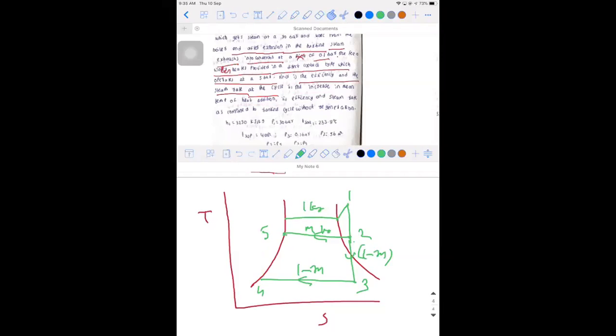Now we can draw like this also. Some people may have 1 to 7 also. No need to have all these. Now here you can observe. Generally, if the 2 is outside this dryness fraction line, then it will be something like this. This is equal to 2, and there will be a drop like this. And this we don't know as of now, unless you solve the problem.